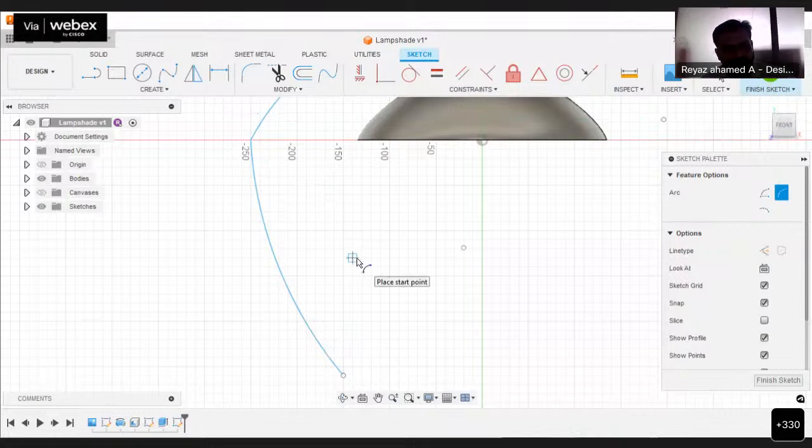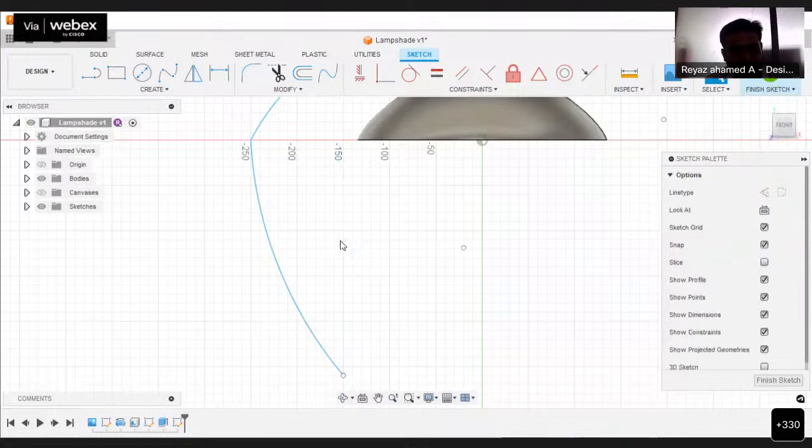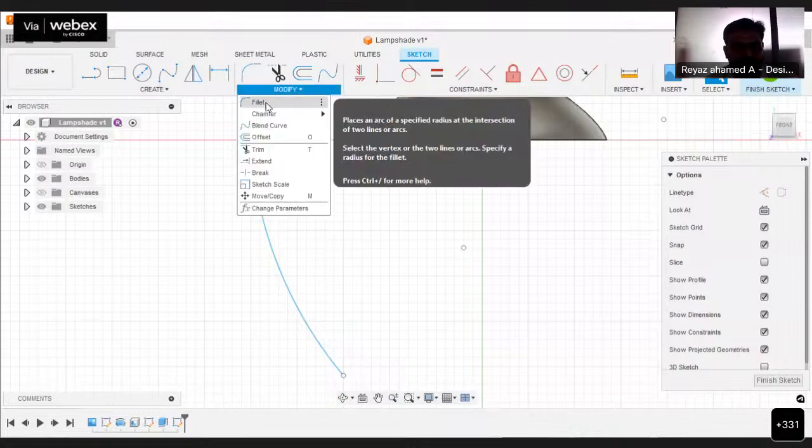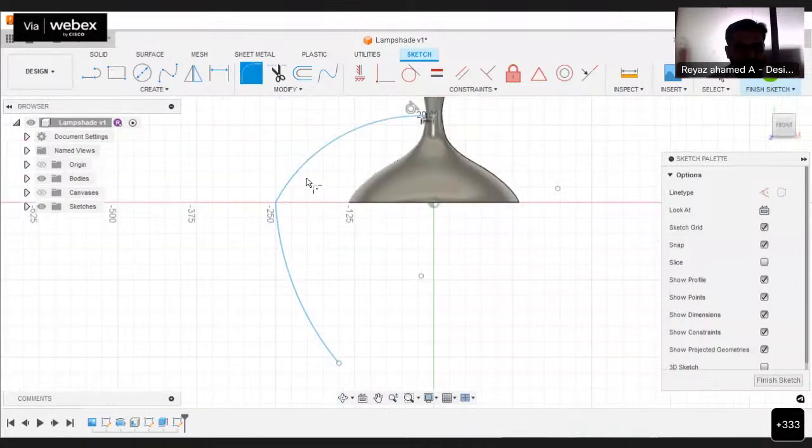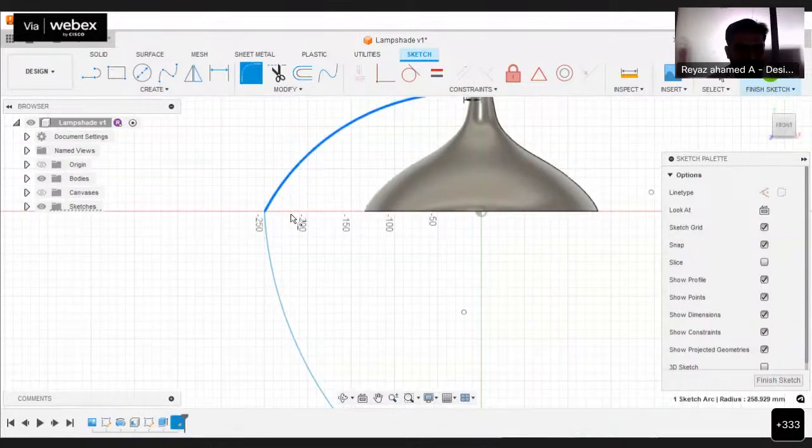I didn't apply any constraint for this arc between these two. Instead, after creating the arc, press the Escape key on the keyboard, then go to the modify option and apply a fillet between these two arcs. Let me click on the fillet option and then click on these two arcs, one is this one and another is this one.